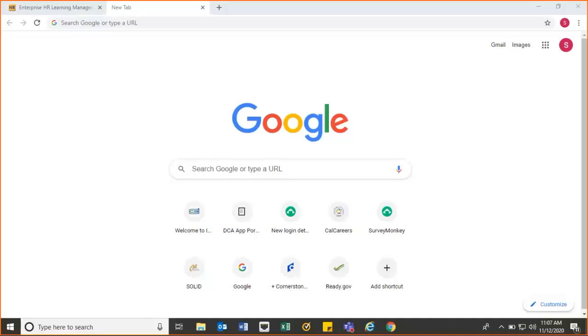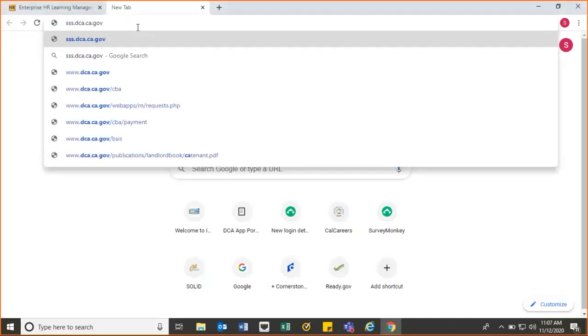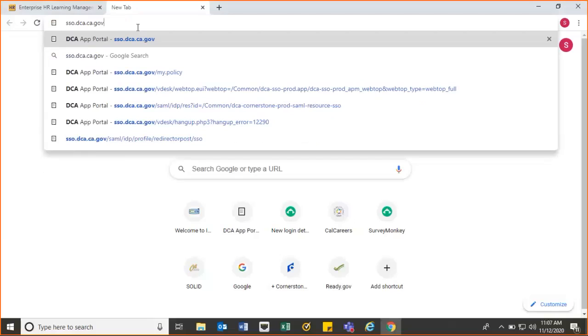The website is called the Single Sign-On, and you may or may not be familiar with it at this point. It is sso.dca.ca.gov. Before I go there, I do want to note, whichever way you are logging onto the system,